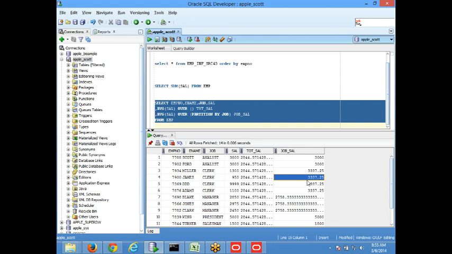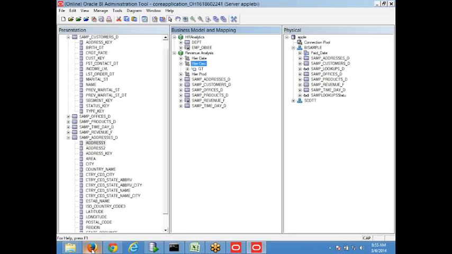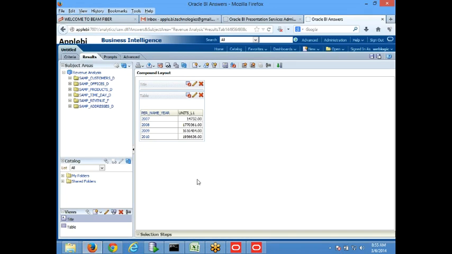So here also in OBIEE, in the same way, I have a report. Every year, what is the total number of units? But on the right side I want to display the total number of units sold overall, so that I can compare. The entire units is this, but in this year this much, in this year this much. So to do that,